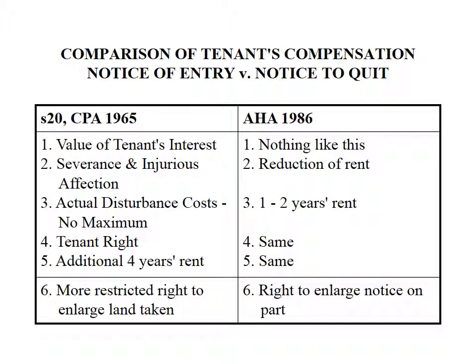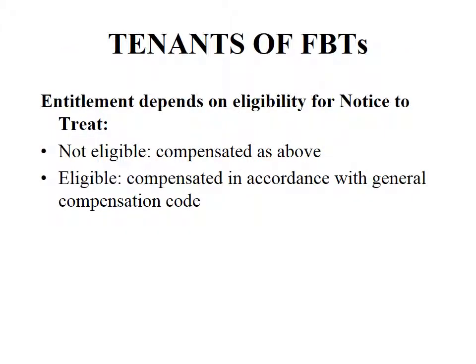That's a very difficult hurdle to pass, and therefore not a practical route as far as most claimants would be concerned. However, when notice to quit part of a farm is received, it is a relatively straightforward matter to enlarge that notice to quit from part of the farm to the whole of the farm. On the whole, then, it's going to be preferable to opt as if notice of entry had been served, rather than to stick with the notice to quit, which has actually been received. But do note that you can't go the other way. So if you receive notice of entry, you can't opt to be treated as if you'd received notice to quit instead. There are a few situations in which you'd want to, but the point is worth making.